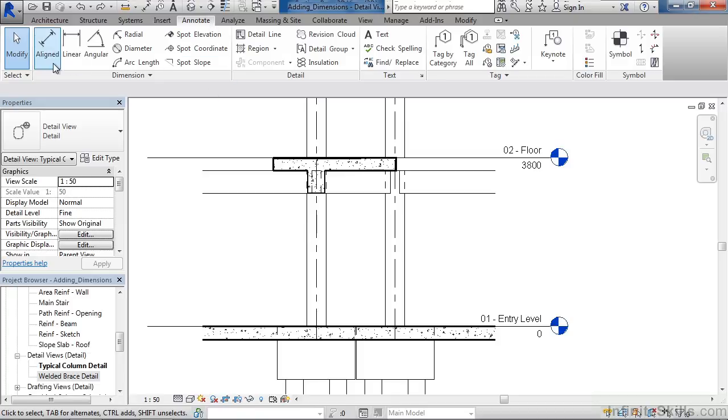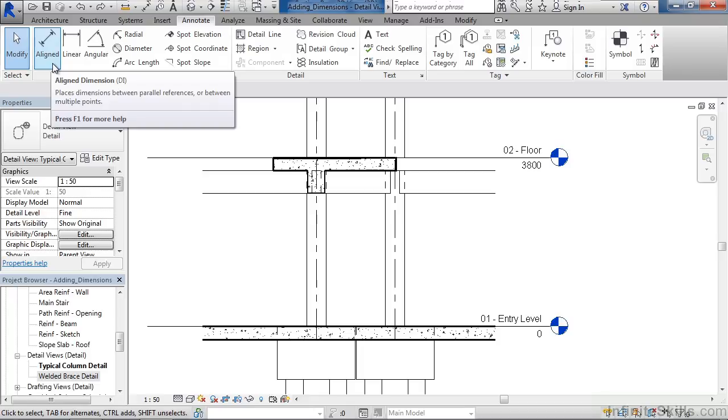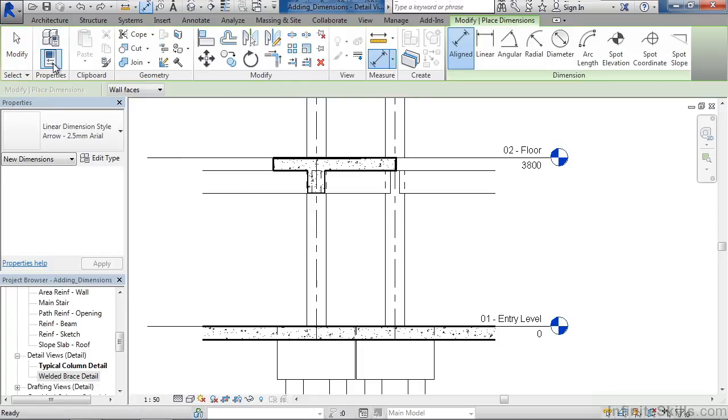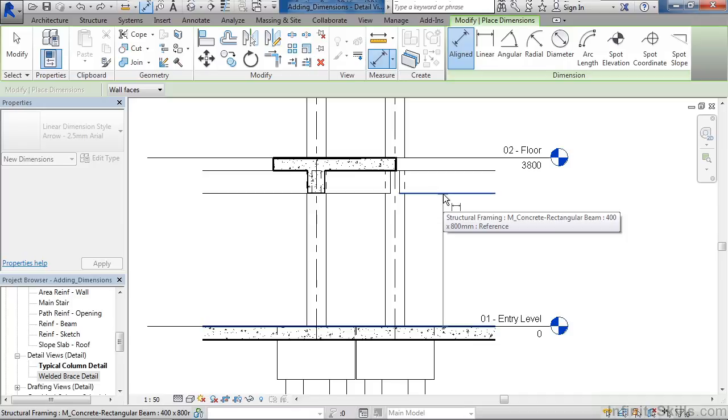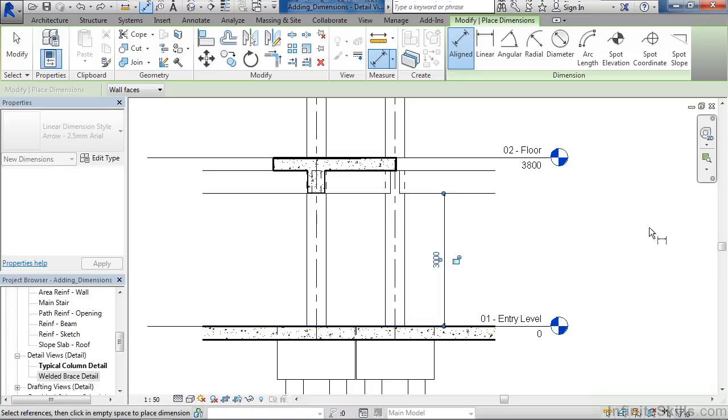Once on the Annotate tab, I'm going to use the Align dimension. Once clicked on the Align dimension, simply select two entities you want to dimension to and from. For example, I'm going to click the entry-level floor line, and then I'm going to go up and select the base of the beam above. After I select that, I can move my mouse to wherever I want to place the dimension, left-click, and that